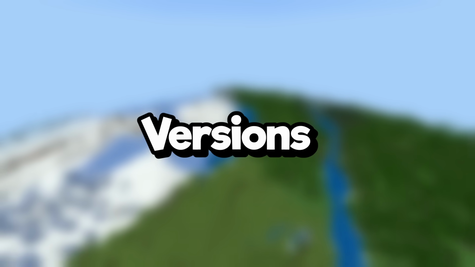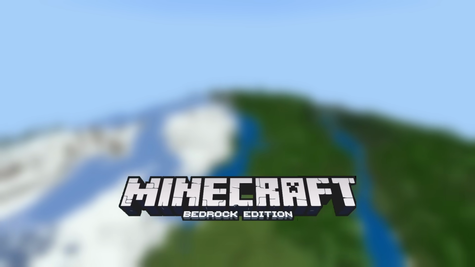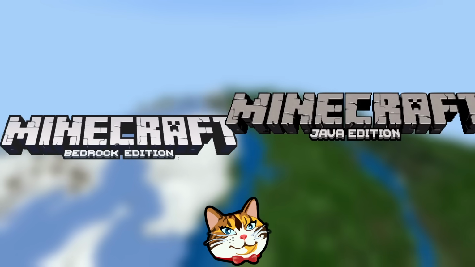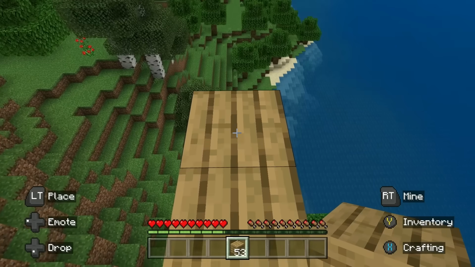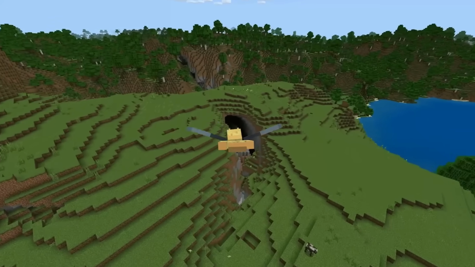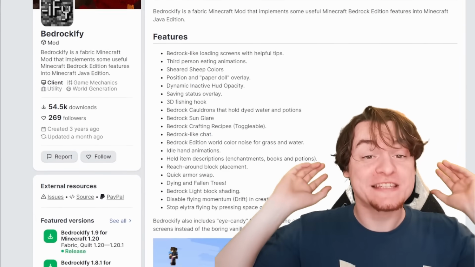There are two versions of Minecraft available on the PC, Bedrock and Java, and if you play one of these, it can be very hard to switch to the other. I mean, as a Bedrock player, it's really annoying to play Java because you can't bridge out in front of you. The Elytra works entirely differently, so do the cauldrons and fishing, but apparently that is a solvable issue, or